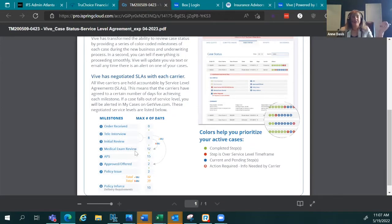In the event that something does flag, say a client has a history with diabetes or high blood pressure, or has some financial stuff that flags, because life insurance does run motor vehicle records, an MIB, which is for any previous life insurance applications, a prescription database report, and then what's called a LexisNexis or a consumer report. So out of all of those reports, if something flags that makes it so that the client is no longer accelerated underwriting eligible,